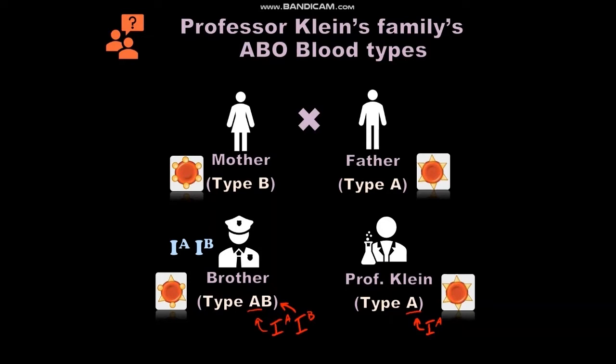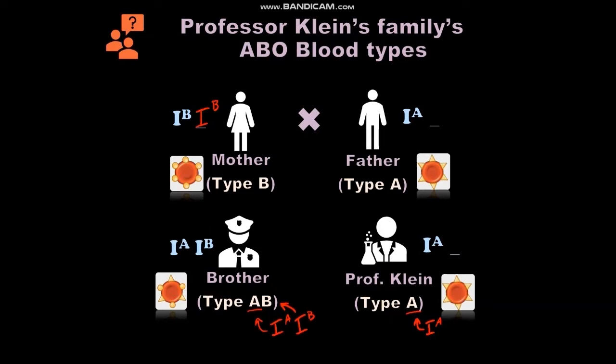Everyone else, we know half of their genotype right off the bat. We know that they either have the A dominant allele or the B dominant allele, so I'll pop those in here. Now, you might say, well, that's all the information we can really figure out here. That other allele, it's mysterious. However, we can figure out a little bit more about this problem, because if my mother's second allele